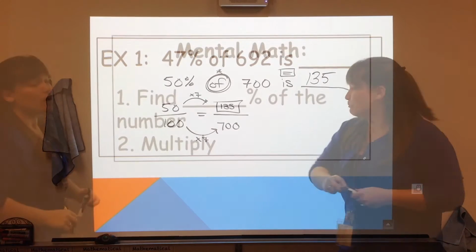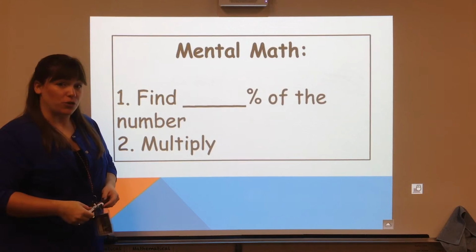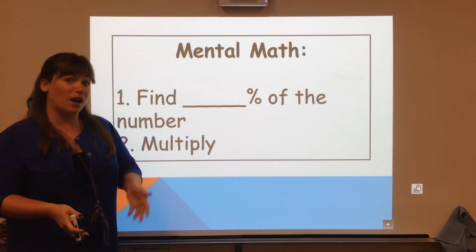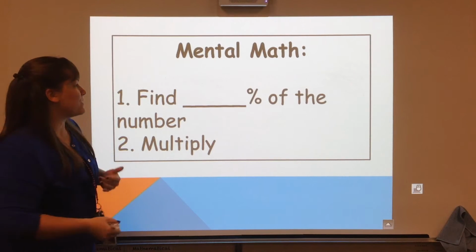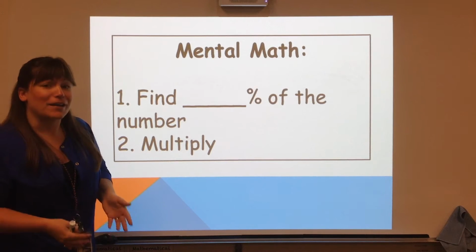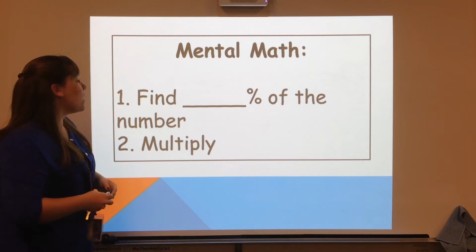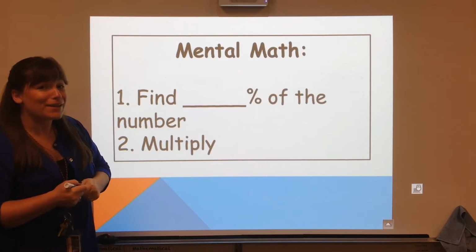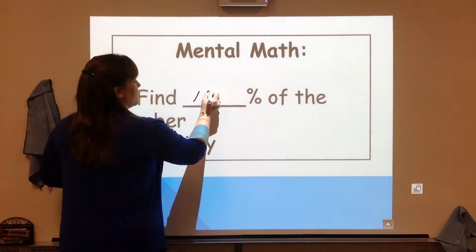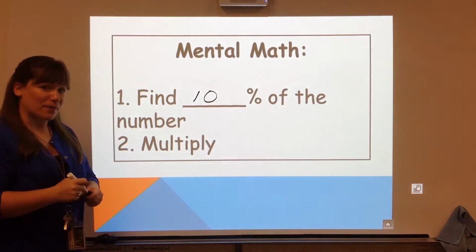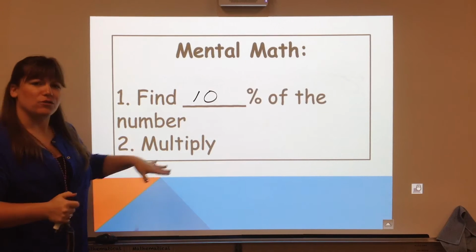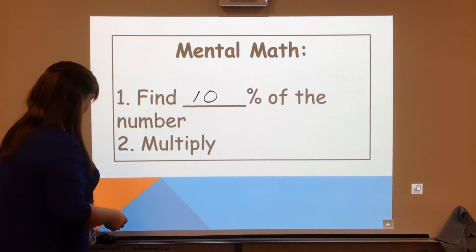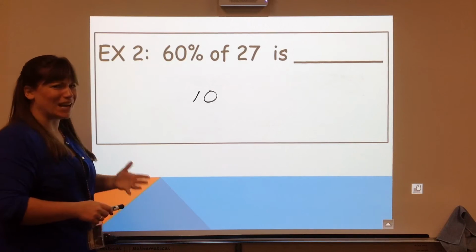And that's that. The second strategy I'm going to show you deals more with the mental math. This is something that you can use in the store when you're shopping to find out what kind of money you're saving when you buy that item on sale. So first, you're going to find 10% of the number, not the percentage, and then we're going to do this little multiply trick. So let me show you what I mean with the example. So based on that 10%,